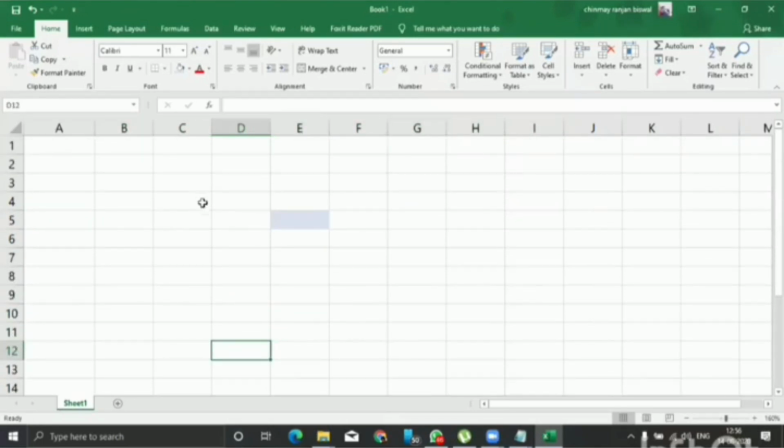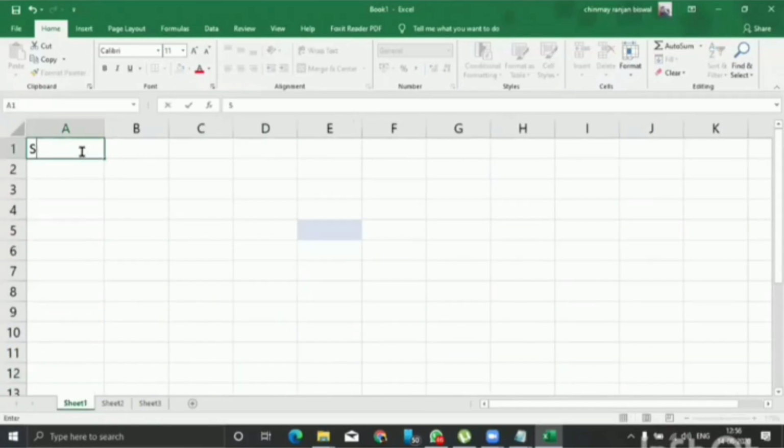Okay, moving to the next topic. Renaming and so on, you all know. Adding more sheets by plus, you can do all these things. So let's write something then, and then we will